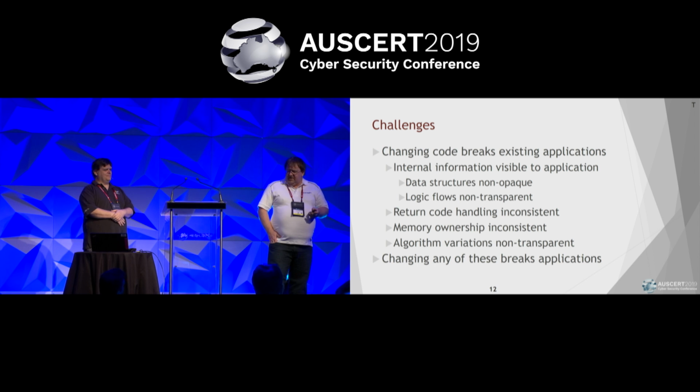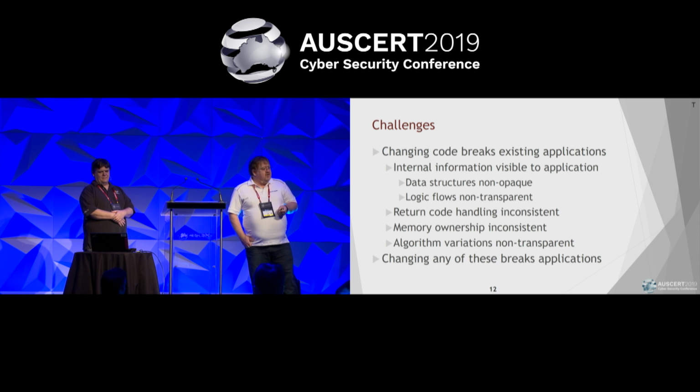And we sat down and figured out that we simply had to make a transition where we got the applications using OpenSSL out of the internals. We had to turn around and basically get that separation. And that was the big major change we made in going from the 1.0 series to the 1.1 series. We made the majority of the data structures opaque. And what that meant is we then become free to change the internal implementation structure.